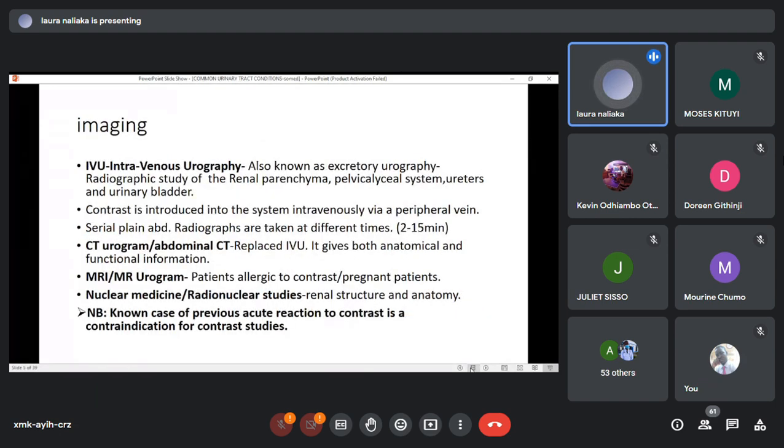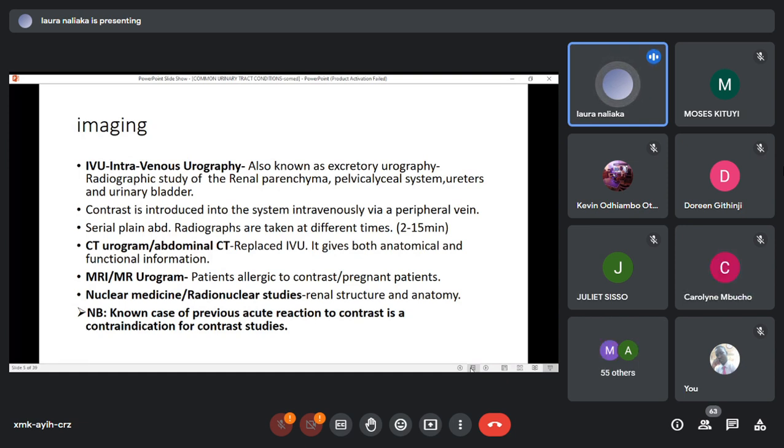Another imaging modality, I'll show you images of all those that I've listed, is IVU, referred to as intravenous urography, or also known as excretory urography. It's a radiographic study of the renal parenchyma, pelvicalyceal system, ureters, and urinary bladder. This is where IV contrast is introduced via a peripheral vein. Then plain abdominal radiographs are taken at different times, between 2 to 15 minutes, so that you can